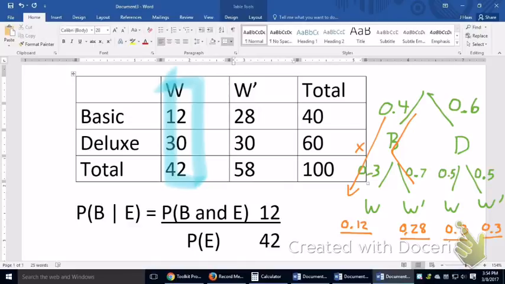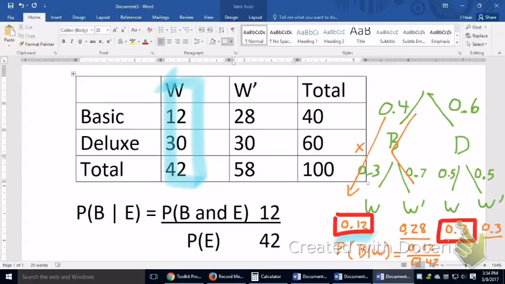Now, for the final answer, I still need to find the probability that I have a basic model, given that I bought the warranty. So my numerator would be this 0.12 right here. And my denominator is going to be not only that number there, but also this number here, because both of these people represent I have the warranty. So the total number of people I have the warranty for is the